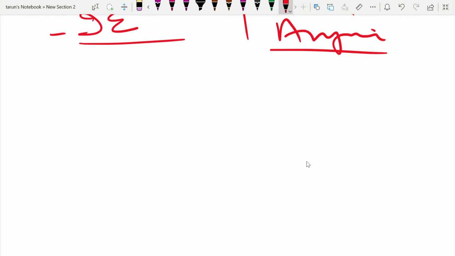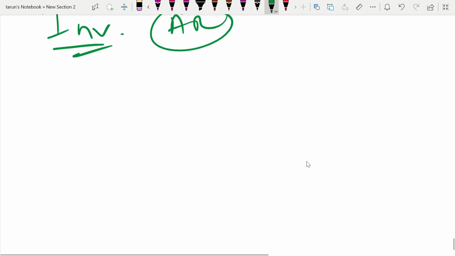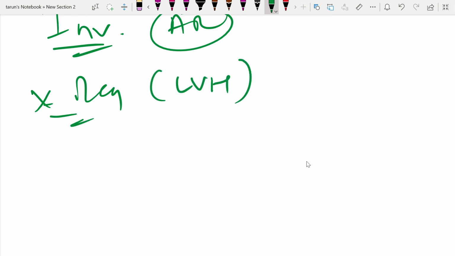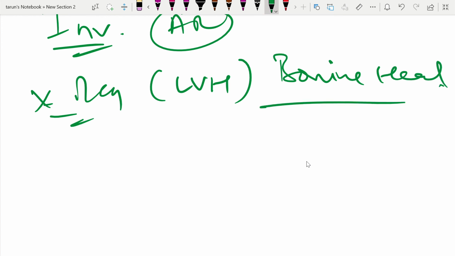Then how will you investigate a case of aortic regurgitation? Very important. For investigation I would like to go for chest X-ray, where I can find the features of LVH. Cardiomegaly will be there. A large heart is also known as cor bovinum or bovine heart. So this is the feature on X-ray.